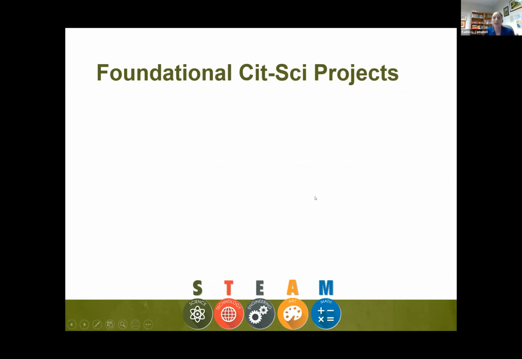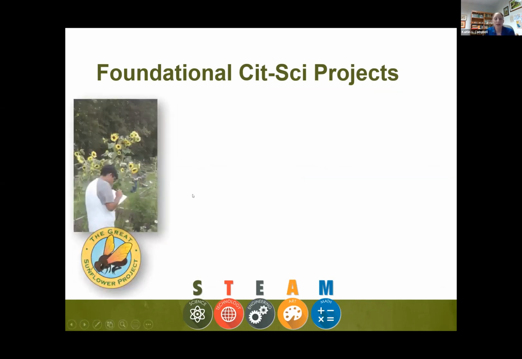In our project, so far we have 3 key citizen science projects that we're focusing on to use with the education components. So the first one is the Great Sunflower Project. For this one, originally it started off focusing on just sunflowers, but since then they've broadened to any flower. And basically people will watch flowers for 5 minutes and observe pollinator activity at them. So they'll document the different kinds of pollinators that are visiting them and just upload their findings about how many pollinators they found visiting those flowers over that period of time.